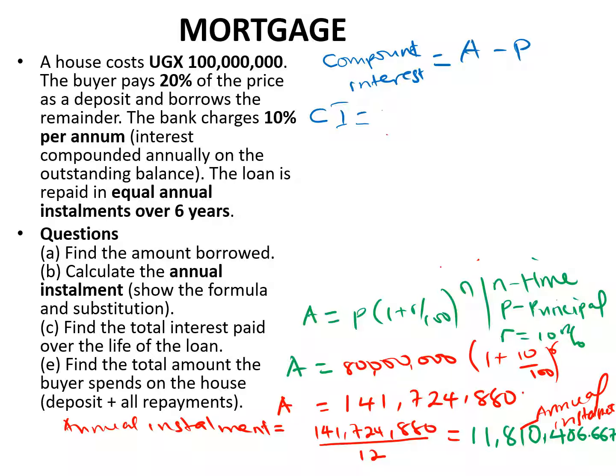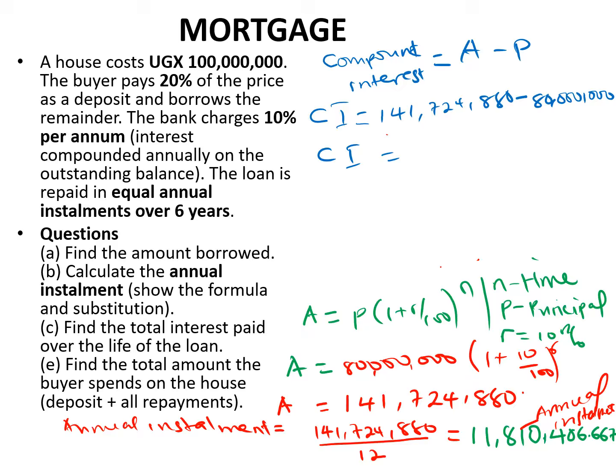So we shall say 141,724,880 minus the principal, which is 80 millions. So that is it. And then we shall have our compound interest as,